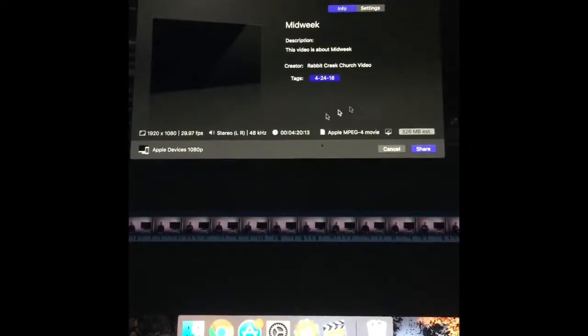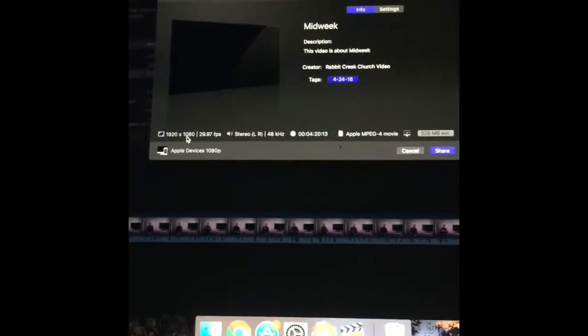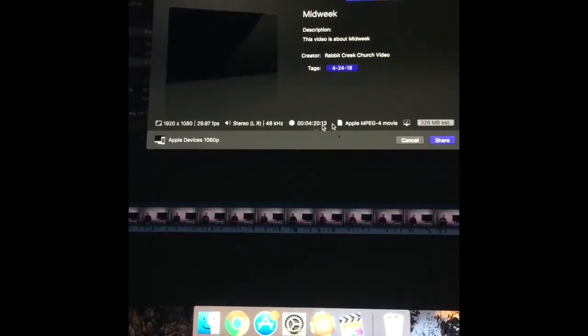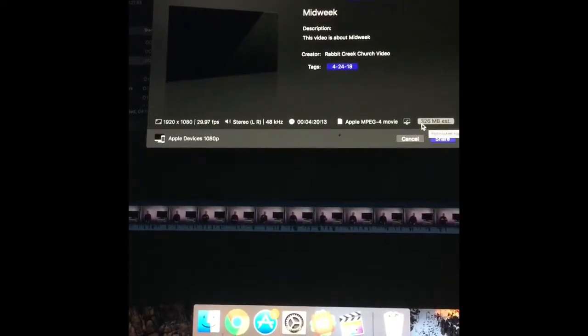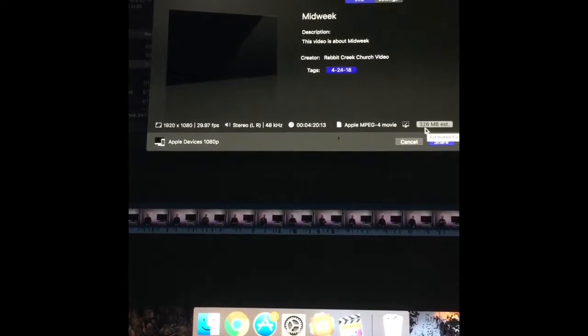Alright, it's going to pop up with this screen. Make sure that it is 1080p, so 1920 by 1080, MPEG-4 movie, and check the size. 2 gigabytes will take you about 20 minutes, 326 megabytes is going to take you maybe 2 minutes. So press share,